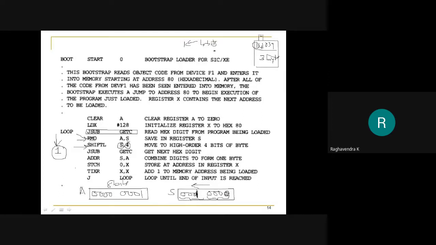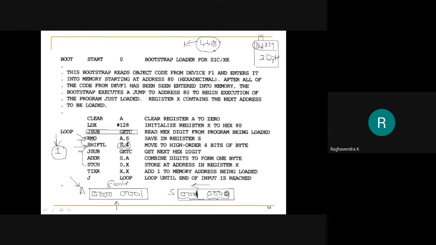But how much have I got? I have got 8 bits in A. When I read that, I got 8 bits in A. So what I need to do is compress this so that it only takes 4 bits. That's why we are doing all of this circus here.